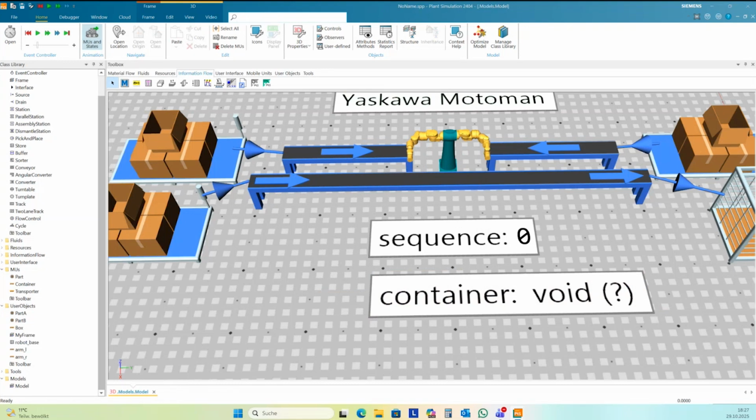And I want to have a sequence of 4 steps. If the box arrives here, then start step number 1. Step number 1 is assembly by the right arm: it assembles this part on this box. And if it's finished, then sequence number 2 starts.